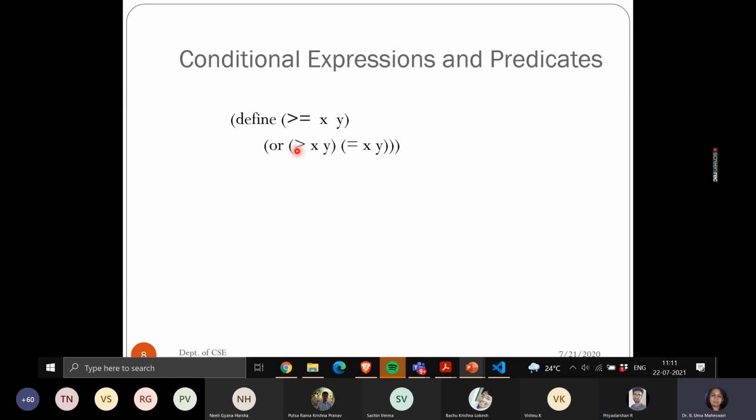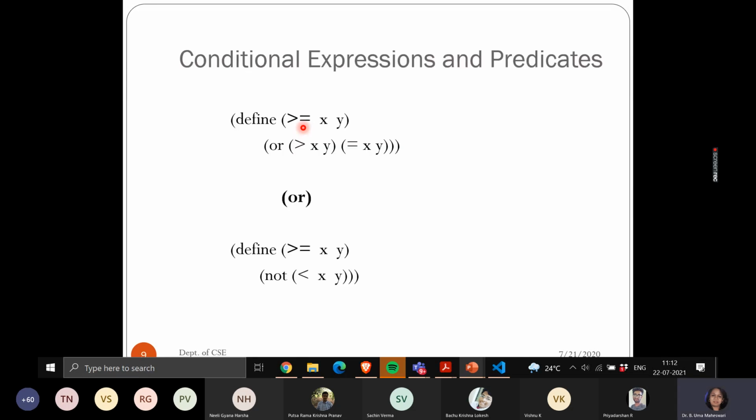Instead, can I say x is less than y? Can I write like that? Only because it is greater than or equal to, the opposite is what? It is less than, ma'am. There is no or statement actually. Not of only x is less than y. Okay. So now by using the not operator, we can also write